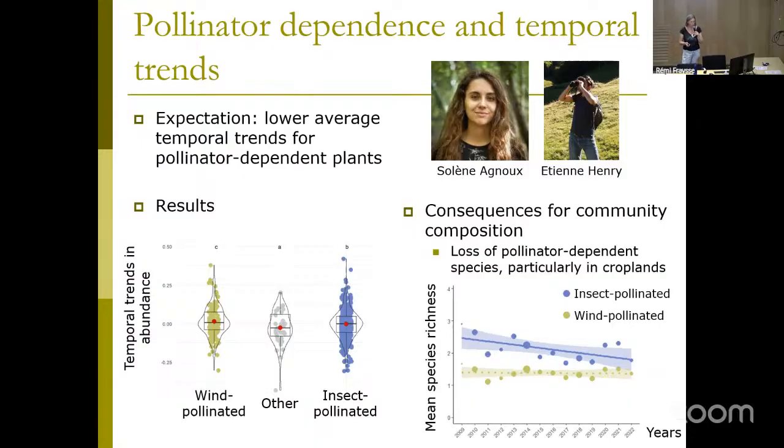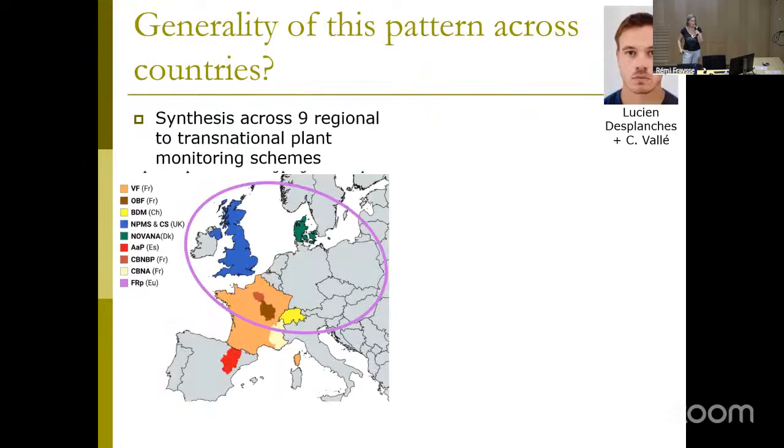And we tried to examine whether this pattern that we observed in France is valid more broadly outside of France. And this was the work of Lucien Desplanches, who was doing a master internship, with the help of Clément Vallée and also Solène Agnew, and of course, all the partners of the different countries involved. Lucien tried to synthesize the same type of approach. Is there a difference in temporal trends